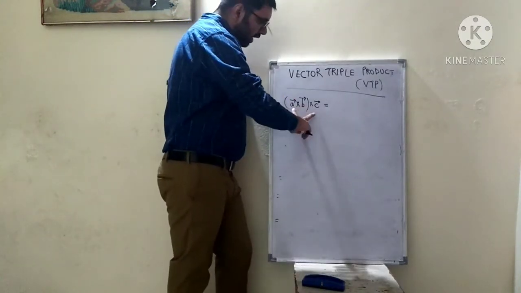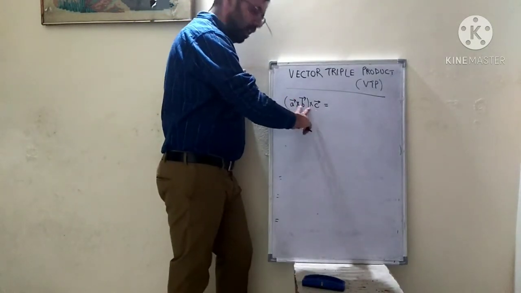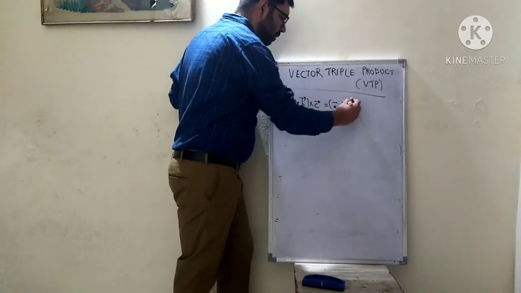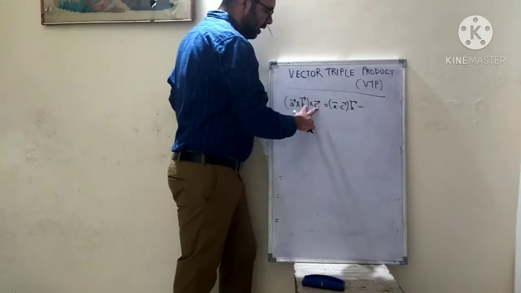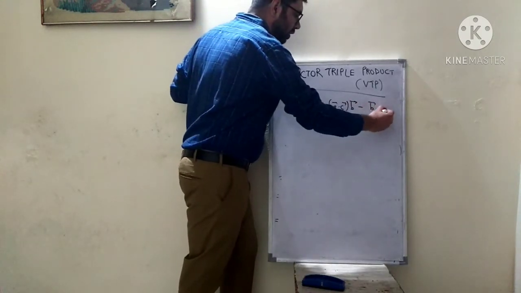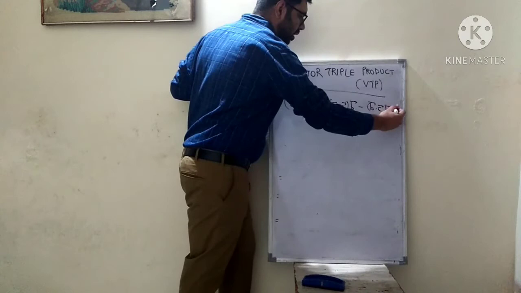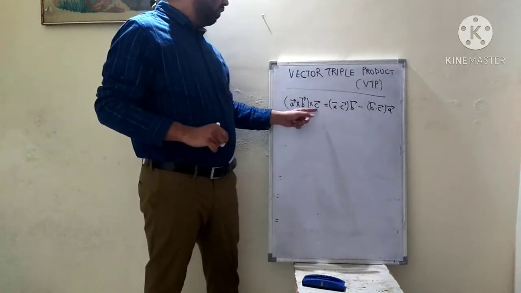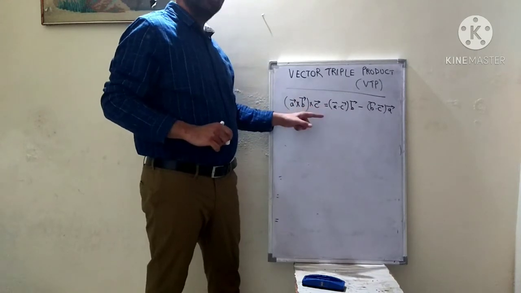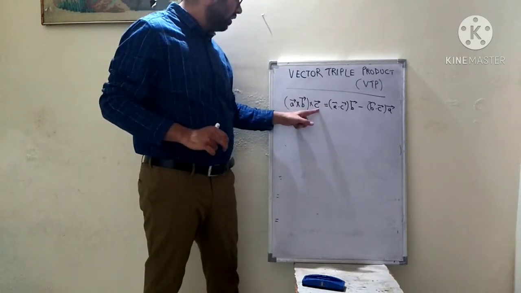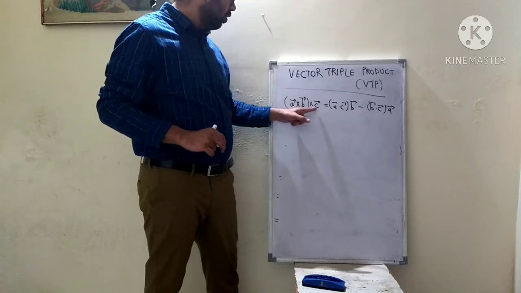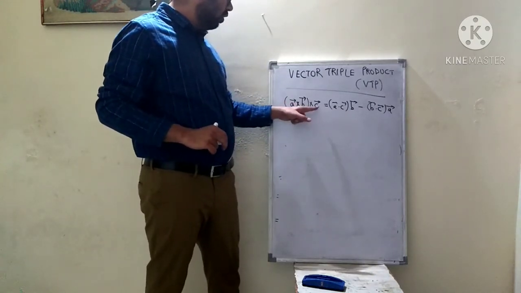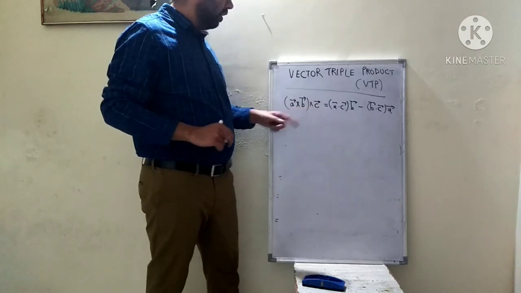In the result we take the dot product of the a vectors first, so it becomes A dot C times B vector, and then the second expression will become B dot C times A vector. We put a minus sign in between, and in both the expressions we need to take dot with the vector which is outside the bracket. Okay, so C vector is outside the bracket, so we need to take dot first with the a vector, and then minus we need to take dot with C vector again, but this time with B vector.